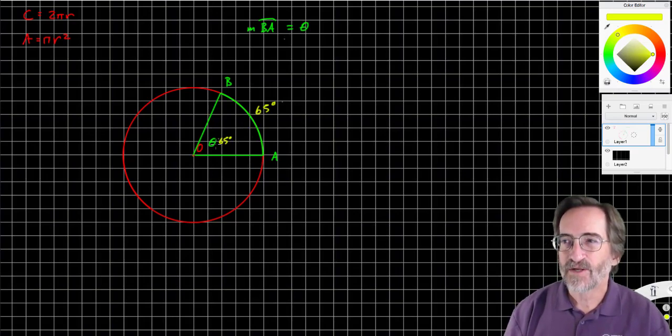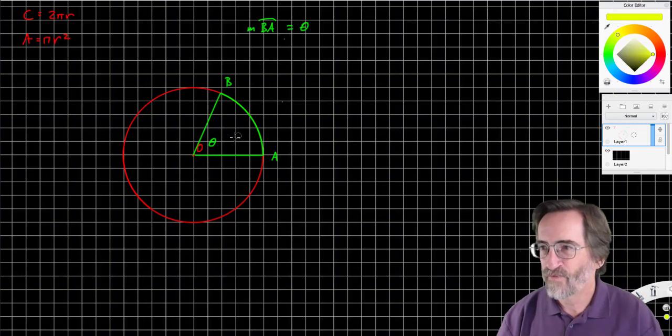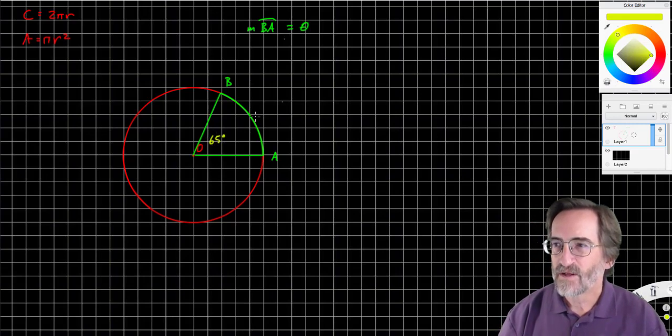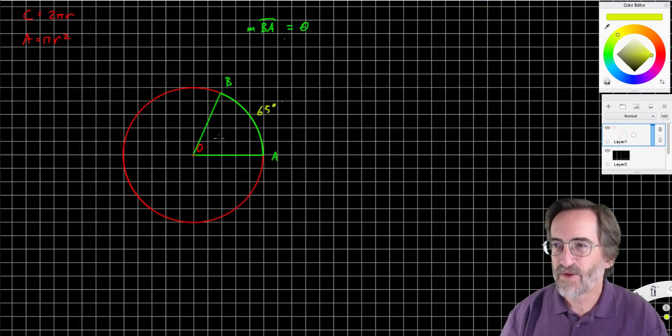Now, arc length is another matter altogether. Arc length we're going to do as well. Arc length is units long, not degrees long. All right. So let's get into it here, and let's use 65 degrees as my central angle. Okay, 65 degrees. And I'm actually going to put the 65 degrees right here. The same thing, you can put it in either place. And I'm going to say the radius is what it is here,